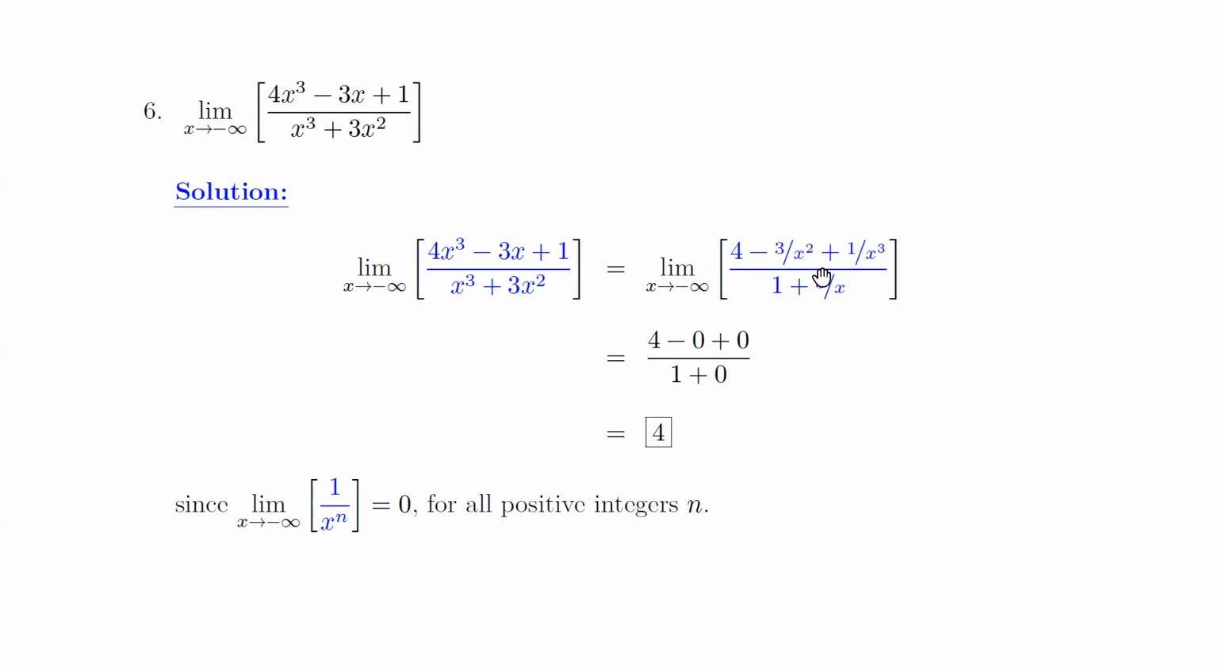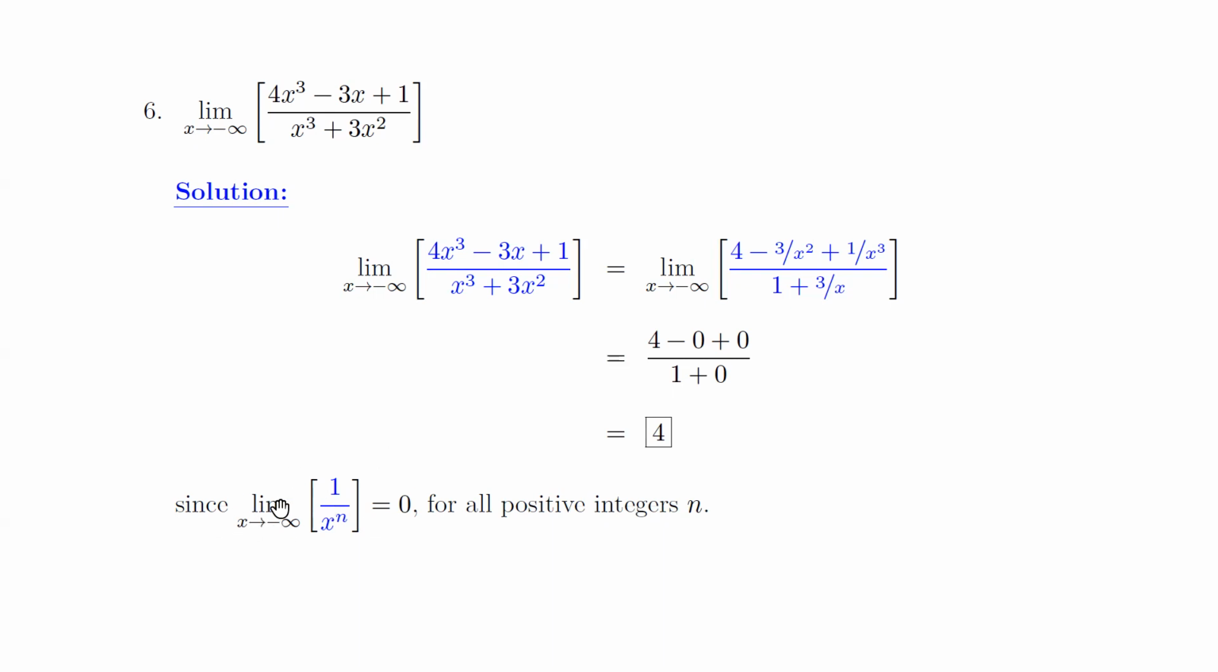So make sure you simplify it correctly. This x cubed is canceled, same as this. 3x over x cubed is 3 over x squared, 1 over x cubed, and then 3x squared over x cubed is 3 over x. Now we did a theorem in class that says as x goes to plus or minus